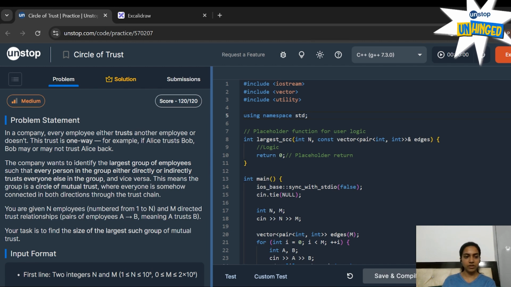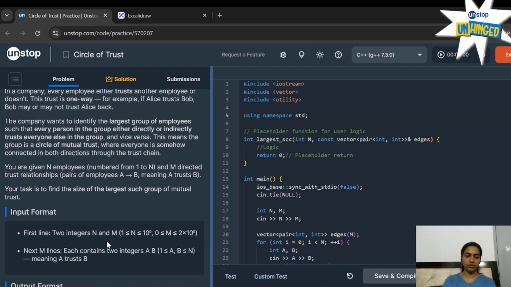This means the group is a circle of mutual trust where everyone is somehow connected in both directions through the trust chain. You are given n employees numbered from 1 to n, and trust relationships, pairs of employees A and B, meaning A trusts B. Your task is to find the size of the largest such group of mutual trust.